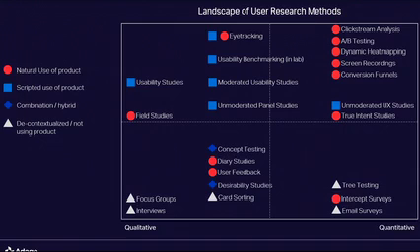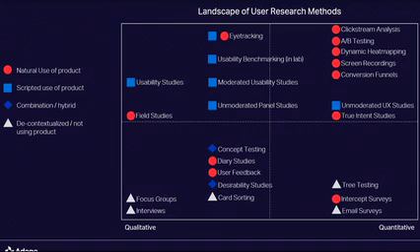However, when it comes to selecting a research method, it really all comes down to what type of data we're trying to gather and what kind of question we're trying to answer. And of course, our budget and timeline of the project are also common constraints as well. For example, if you look here,